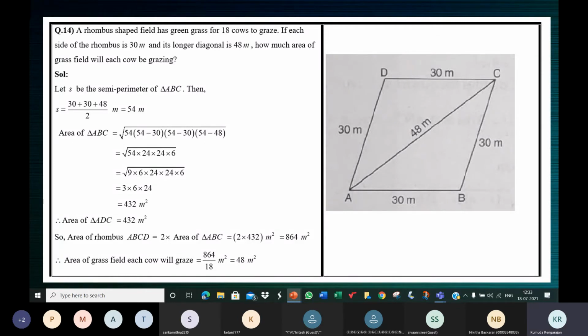Let BD intersect AC at O. The four triangles are right triangles. You can take up any one of the four triangles. If you take up this triangle, you know that this is 90 degrees, so the opposite side is the hypotenuse. The four sides will act as the hypotenuse. See, this is the right angle, so this is the hypotenuse. Or if you take this triangle here, this will be the hypotenuse.